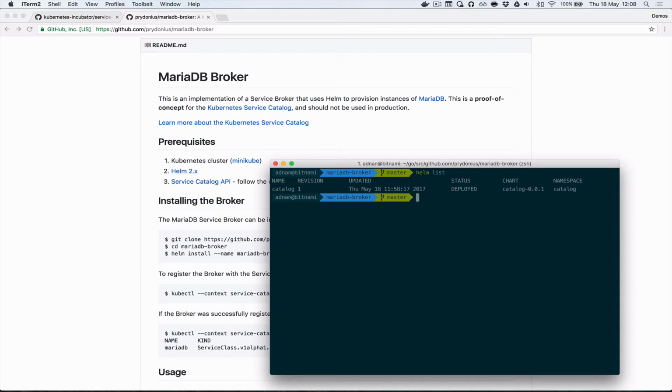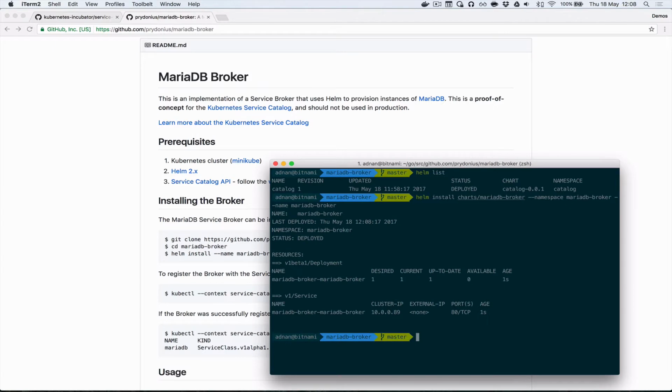So the first thing I'm going to deploy is my MariaDB broker. To do this, I'm going to run helm install charts/mariadb-broker. I'm going to put this in its own namespace called mariadb-broker, and I'm going to name the Helm release mariadb-broker as well. And now while that's starting up, I'm going to